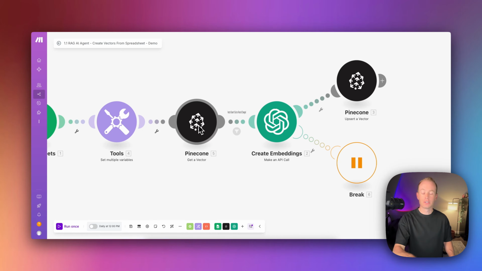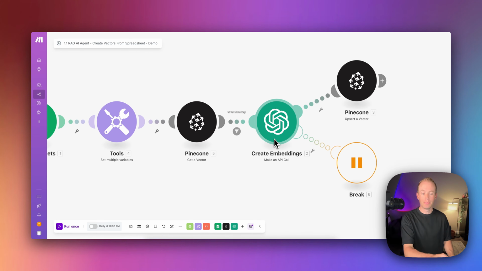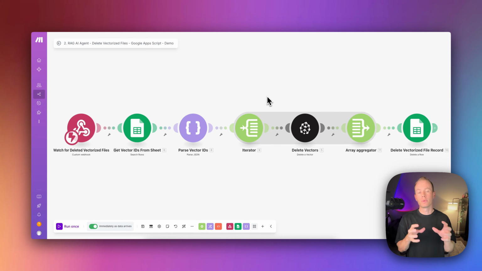We're getting all of our vectors in Pinecone so that we can compare and see: does the vector already exist, or has the record changed in any way, even if it's just by one character? If so, pass through this filter right here, and we're going to create some new embeddings and then upsert that vector store. And then this workflow right here, whenever we remove or delete files from our Google Drive folder,